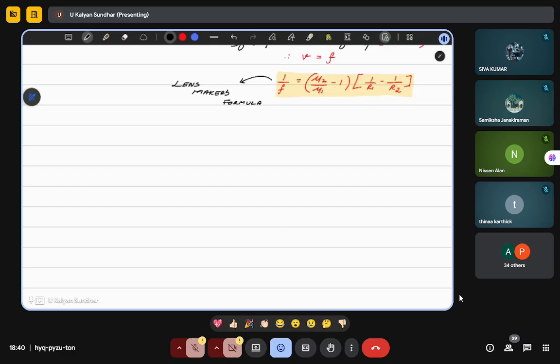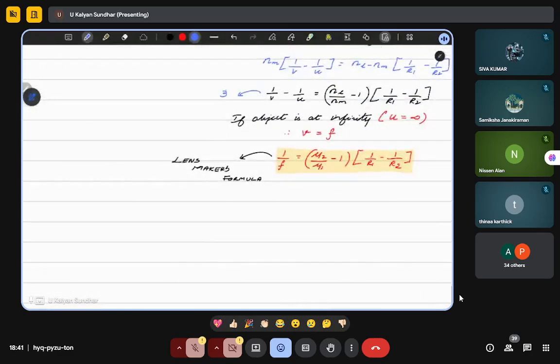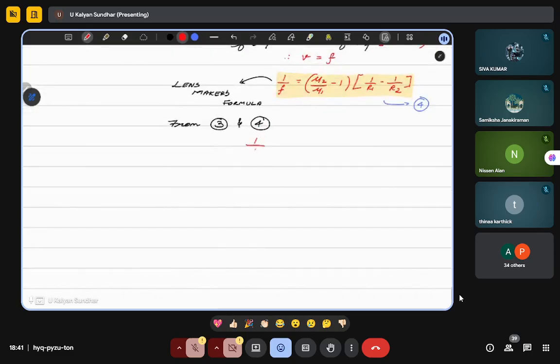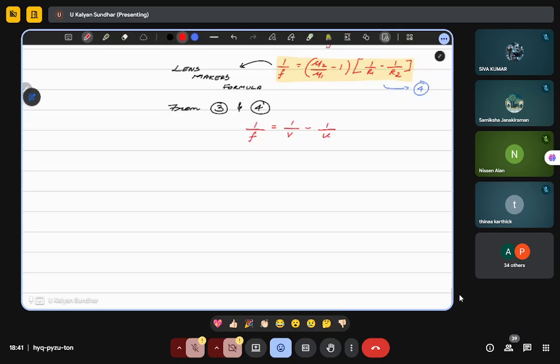So now from this one. Let this be equation 3 and let this be equation 4. Now from 3 and 4, I can derive it as 1 by f will be equal to 1 by v minus 1 by